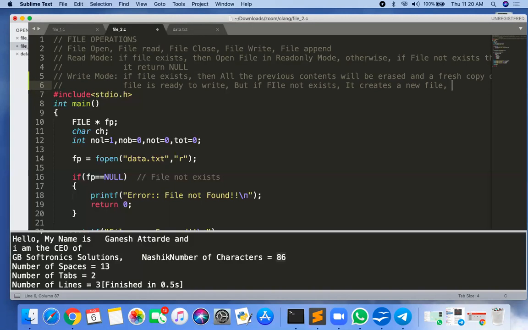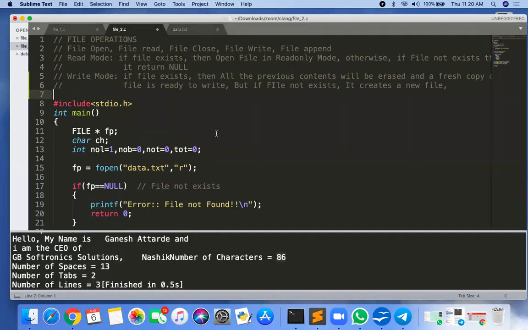And fp is always present at the starting of your file. It is placed at the starting of your file. fp is pointing to the starting character of your file. Getting? Yes, sir.